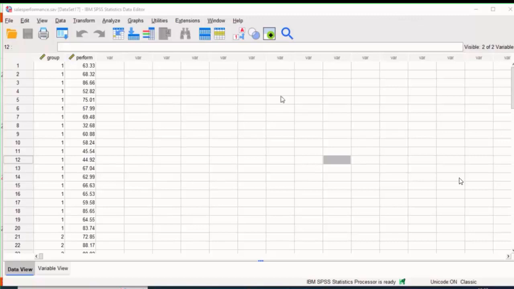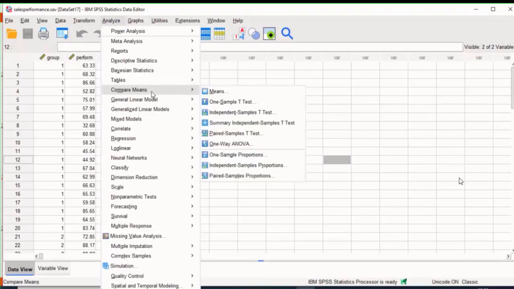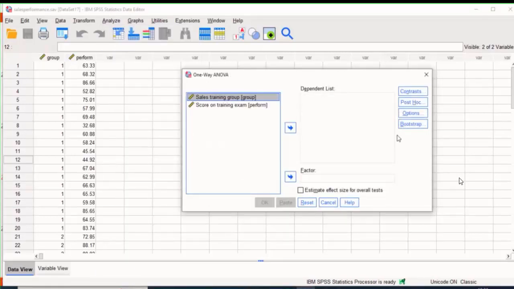Perfect. So this is the data which we're going to perform an ANOVA test on. How do we perform an ANOVA test? We go to analyze, we go to compare means, then one way ANOVA. Over here, you have to just select the variables we require for our test. So if we follow the case study,